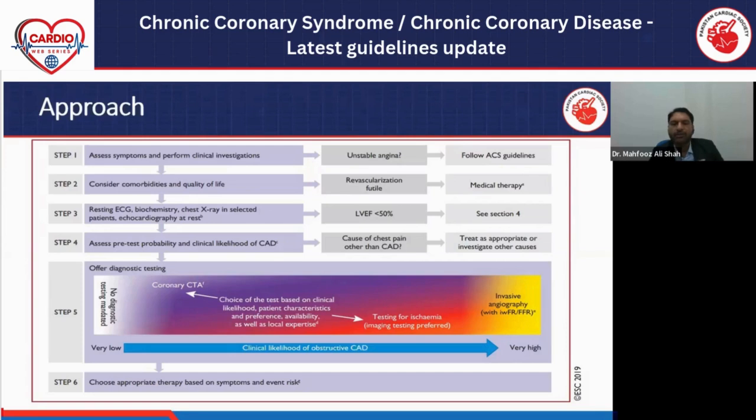And we have to find out whether it is because of atherosclerosis or non-obstructive coronary disease. Okay. Step five is there are patients who have very low clinical likelihood of coronary disease. In those patients we don't go for any further investigation. Just keep them on lifestyle monitoring. Okay, and other patients who are